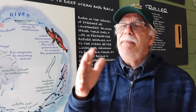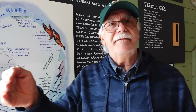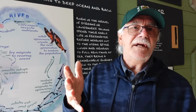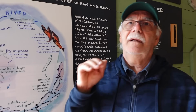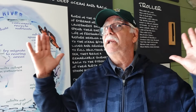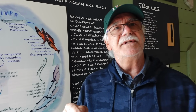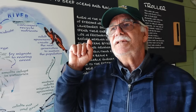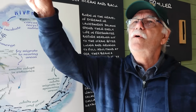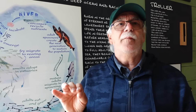And they spend, depending on the different species of salmon, the time could vary, but usually around 4 years, swimming around the Pacific Ocean, getting big, getting nicely and fat. And then the time comes when they have to reproduce again. And slowly, from that huge ocean water, they make their way to the same place where they were born,